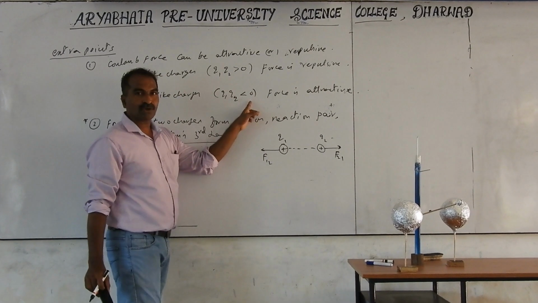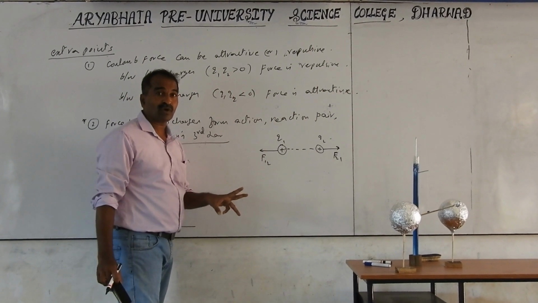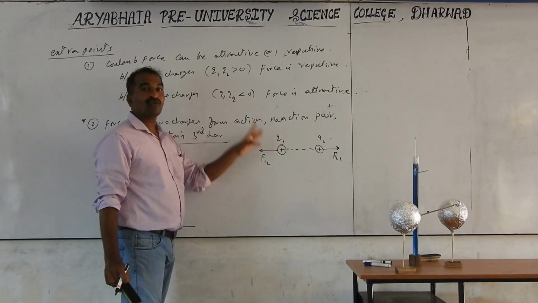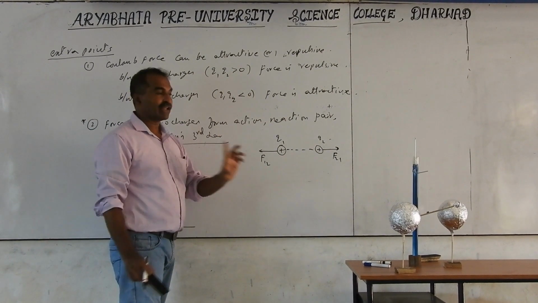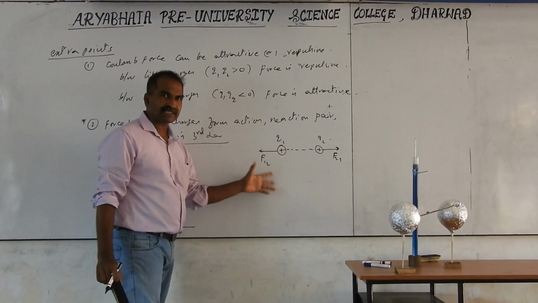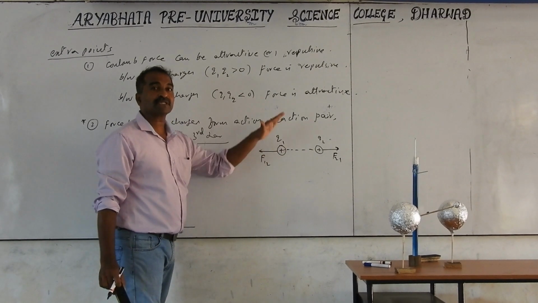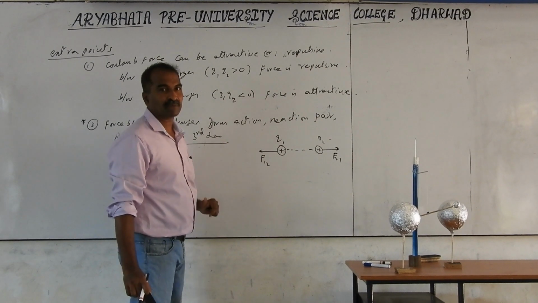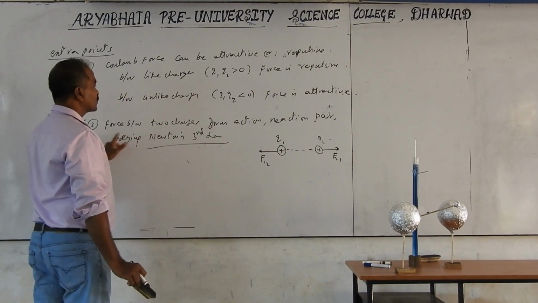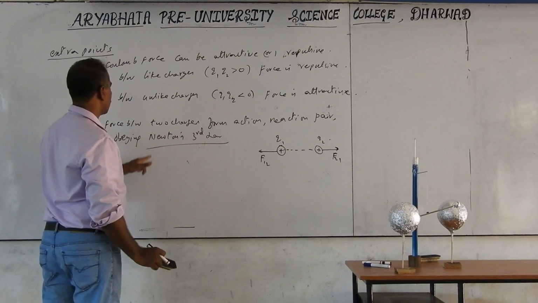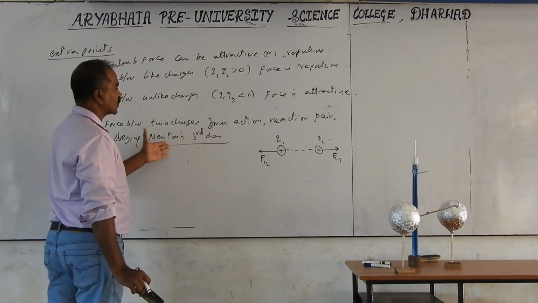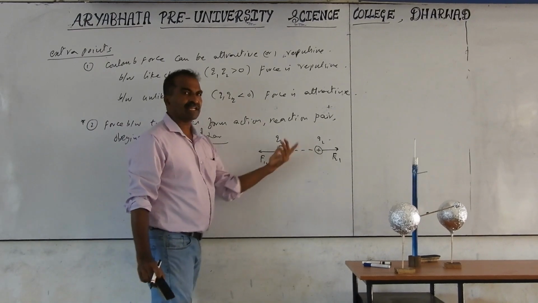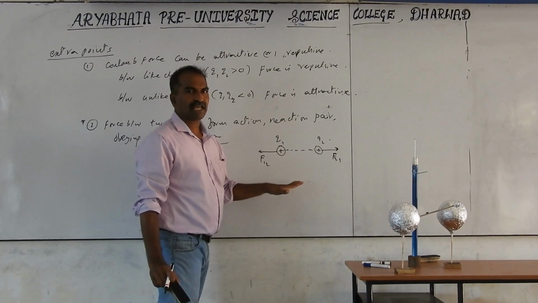If Q1 Q2 is less than 0, and you don't take the modulus for the force formula, then automatically this becomes a minus. Force minus indicates what? Attraction. Whenever the result in the calculation F becomes minus, it indicates attraction; F becomes plus means repulsion, if you don't take the magnitudes. But we are taking the magnitude for definition purposes. Force between two charges, action-reaction pair, obey means follows Newton's law. And F12, if this is action, anyone can take as action, anyone can take as reaction.